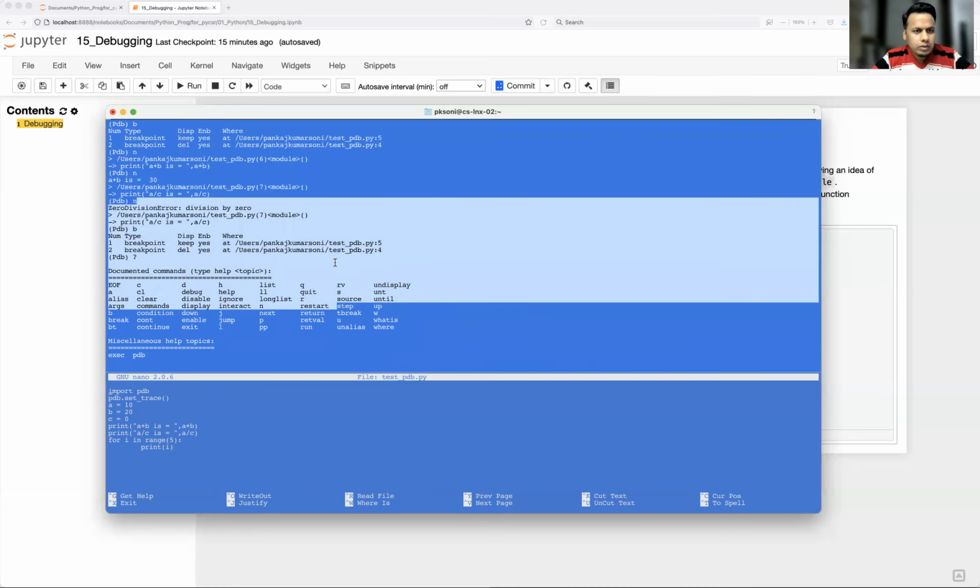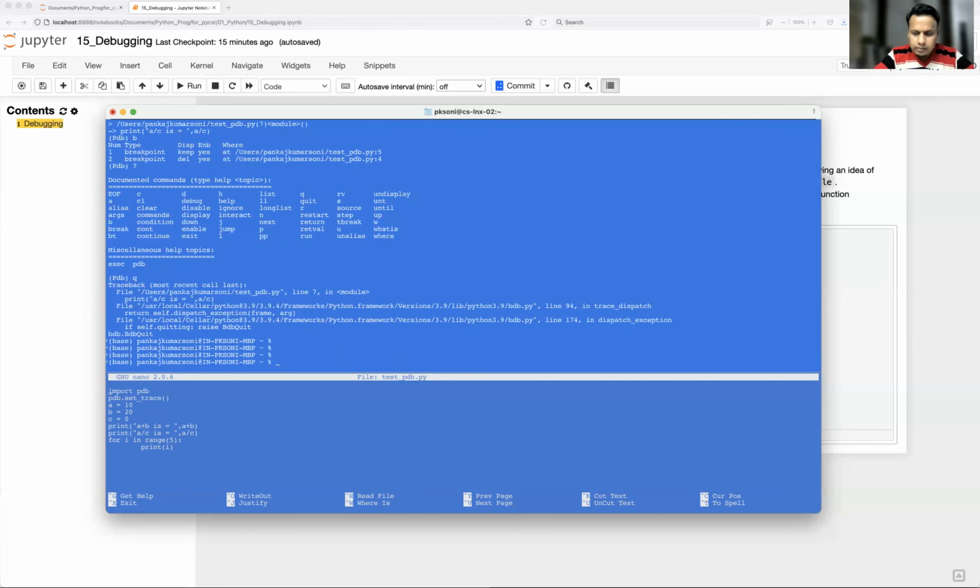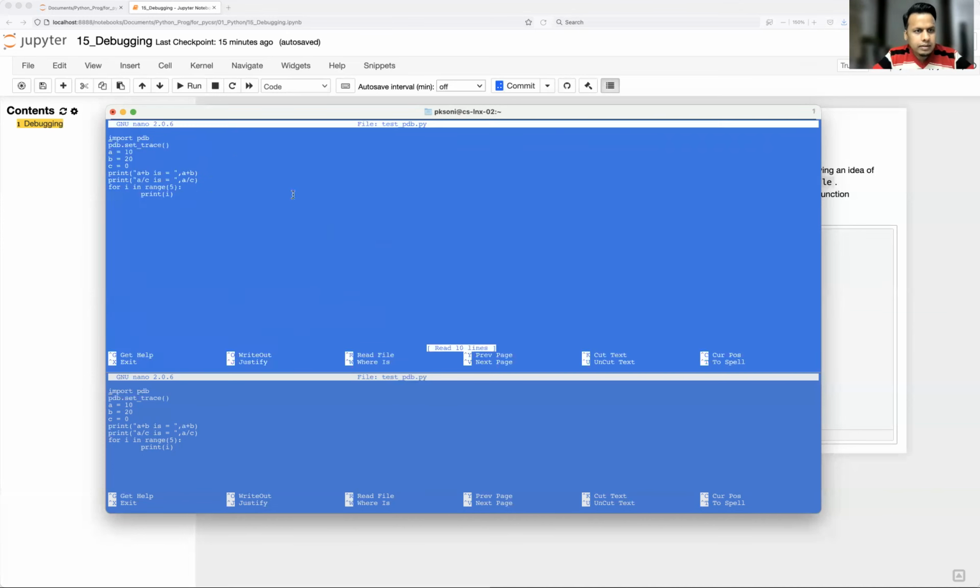Okay. So there's one more thing which I would like to show. In the latest Python, this particular thing is not required. So instead of using this, just let me comment it. You can use the inbuilt function called breakpoint, which provides the same functionality whatever you did using the pdb module.